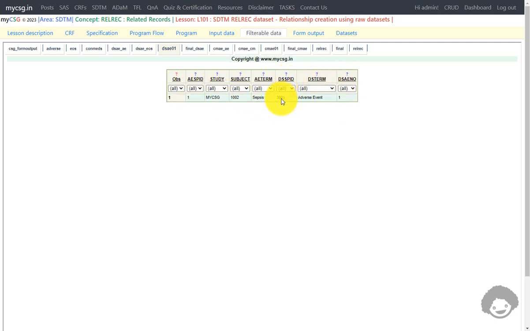So DSSPID 3001 is linked to the record which has a value of AESPID1 for subject 1002. From this record we are asked to create two separate records. On one record we were asked to populate R domain equal to DS, and on the other record we were asked to populate R domain equal to AE. So let us now see the code